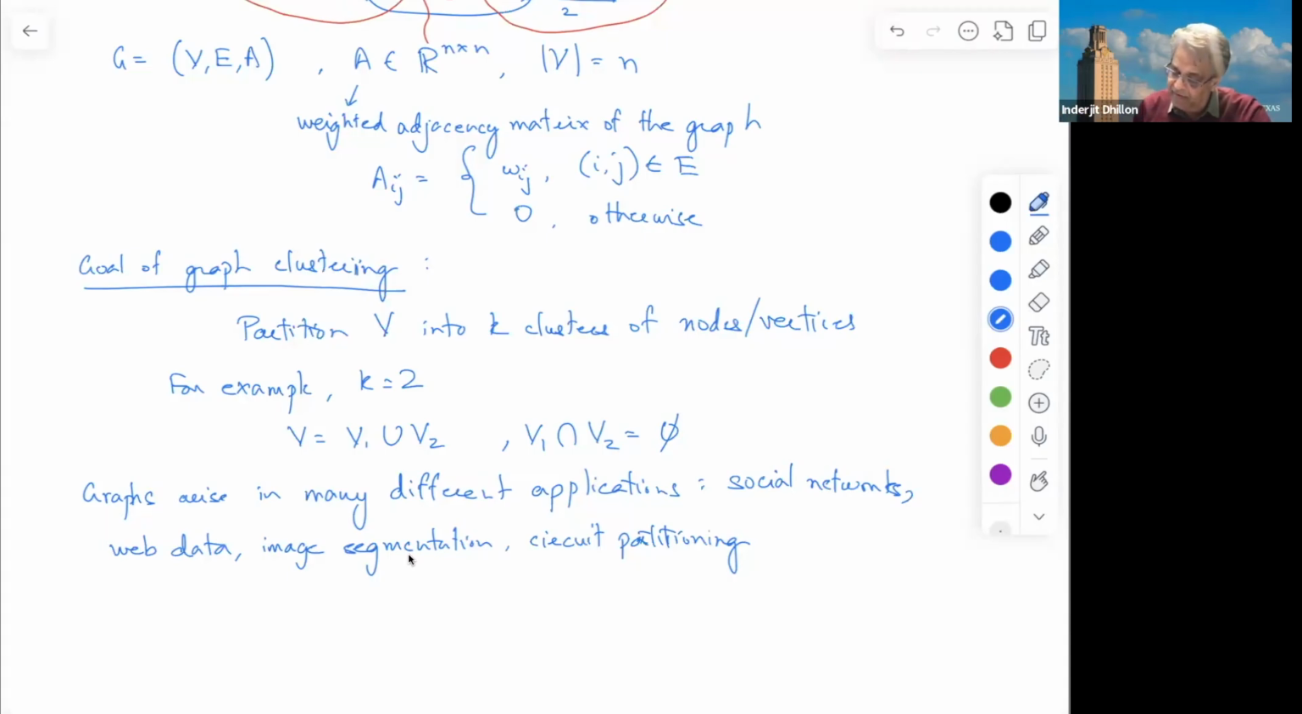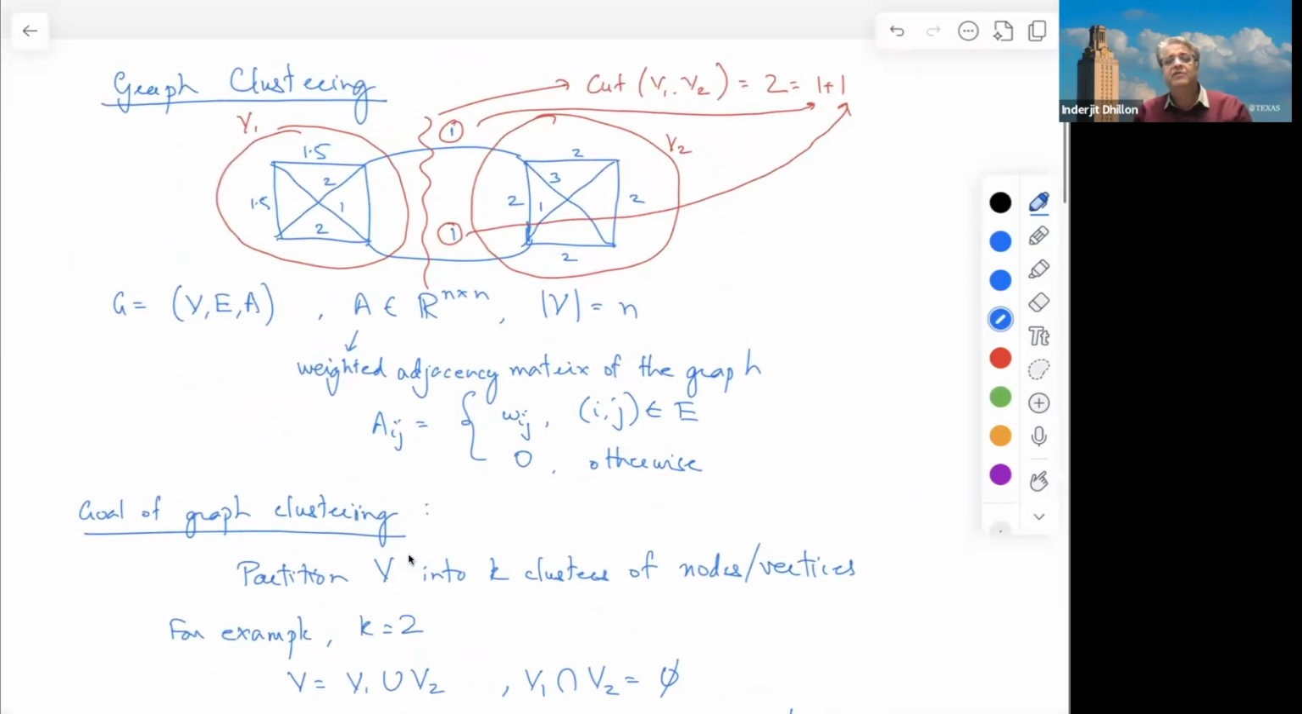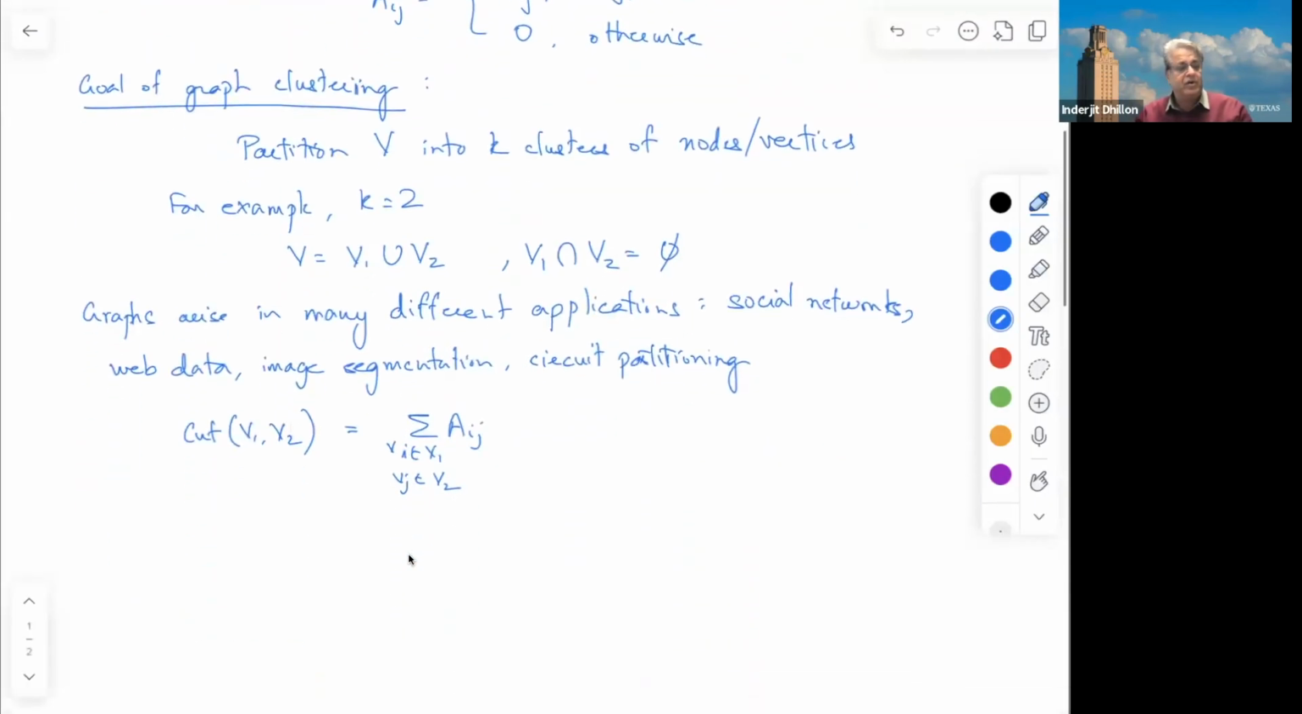So we define the cut between 2 vertex sets, V1 and V2, as the summation of Aij, where vertex i belongs to V1 and vertex j belongs to V2. Any questions so far? Hopefully the notion of a cut is clear. I'm basically trying to divide the graph, suppose k equals 2, into 2 parts so that if I remove the edges along the cut, their weight is going to be small. So I can try to minimize